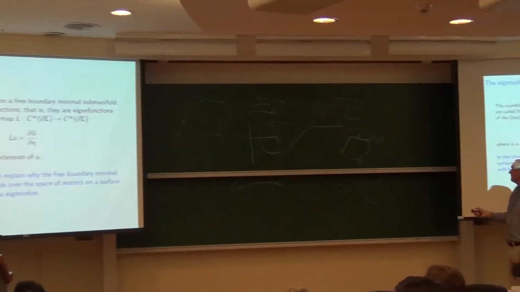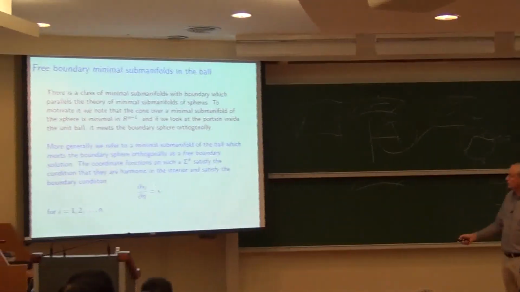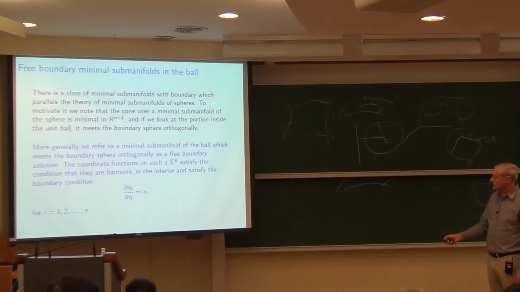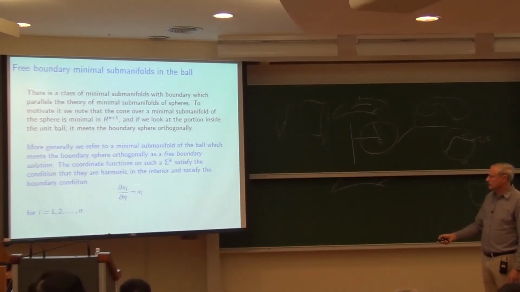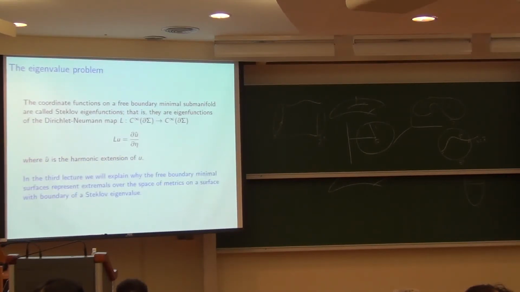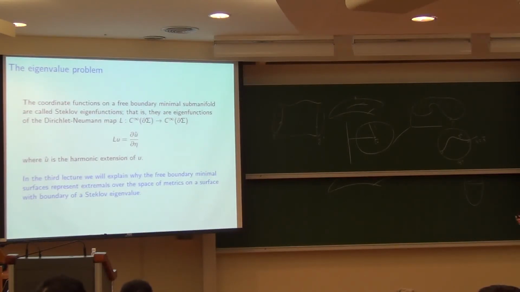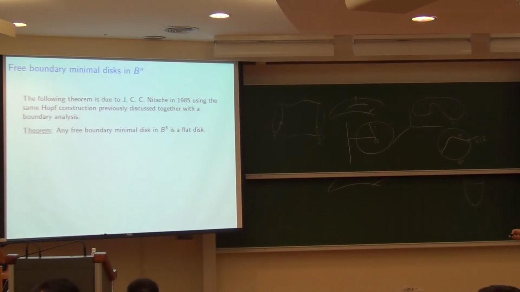with eigenvalue 1, right? Because the condition they satisfied was that the normal derivative is the function itself, the harmonic function inside, and the Neumann data is equal to the Dirichlet data. So that's the eigenvalue problem. And then in the third lecture, I'll explain why these free boundary minimal surfaces represent extremals of Steklov eigenvalues. They're the extremal configurations you get when you consider, usually, maximizing them in eigenvalue. Okay,